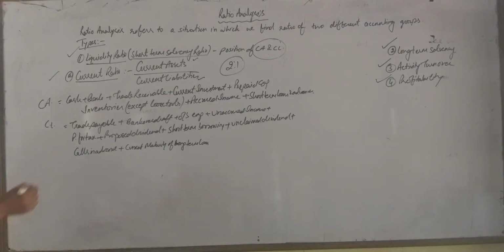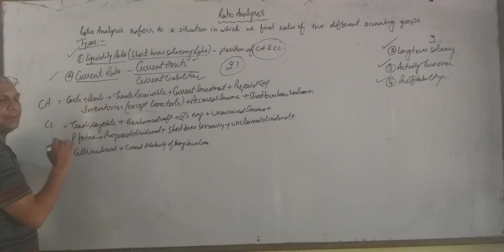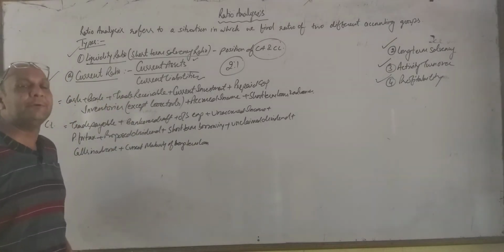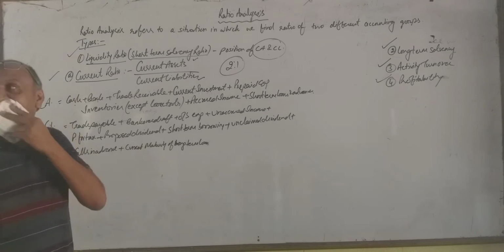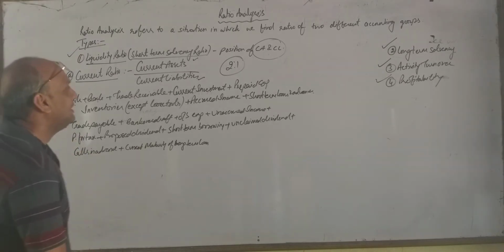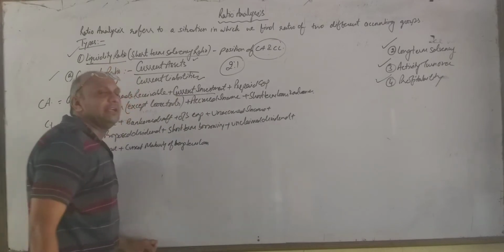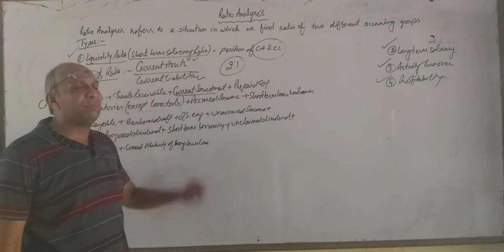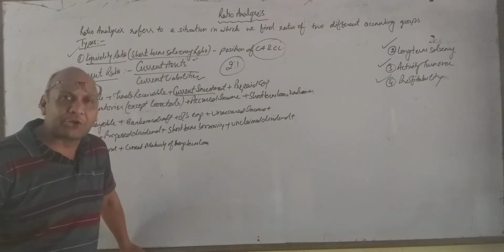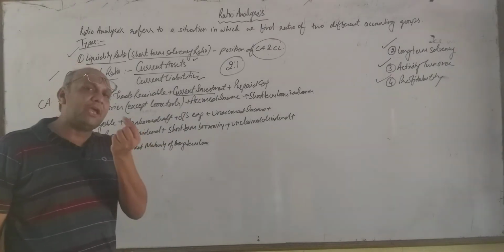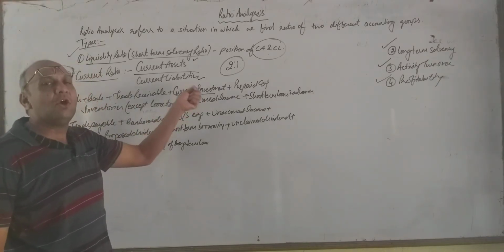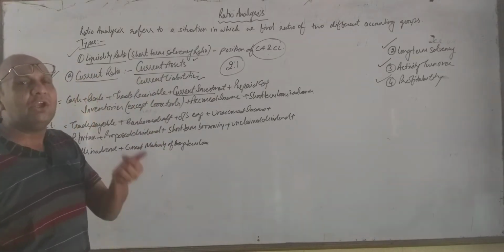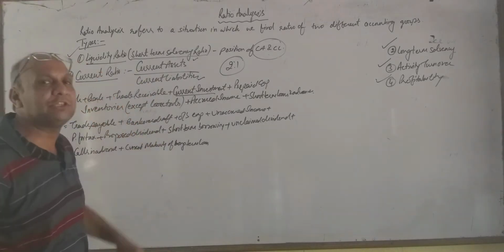You know very well what are current assets. Cash balance, bank balance, trade receivable. Trade receivable means debtors and BR, bills receivable. Then current investment. Current investments are also known as marketable security. These investments are also known as trade investment. So you can find any word over here, current investment or short-term investment or marketable security or trade investment. Meaning is the same for all these terms.